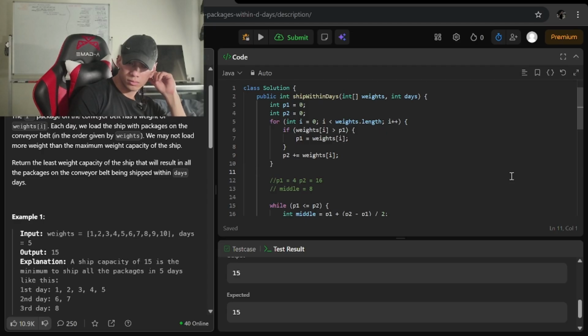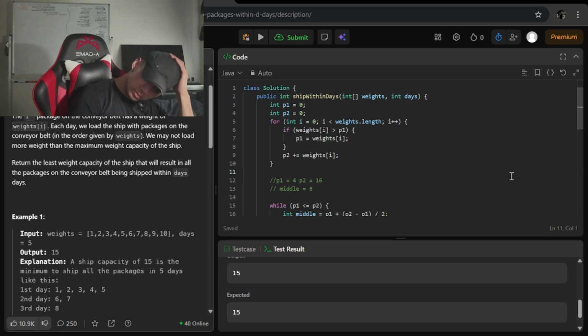And then the logic he provided with it was that a ship must hold at least the largest element in the array combined with the total of the array. And that makes sense. There's a bit of logic we needed to formulate that search space.